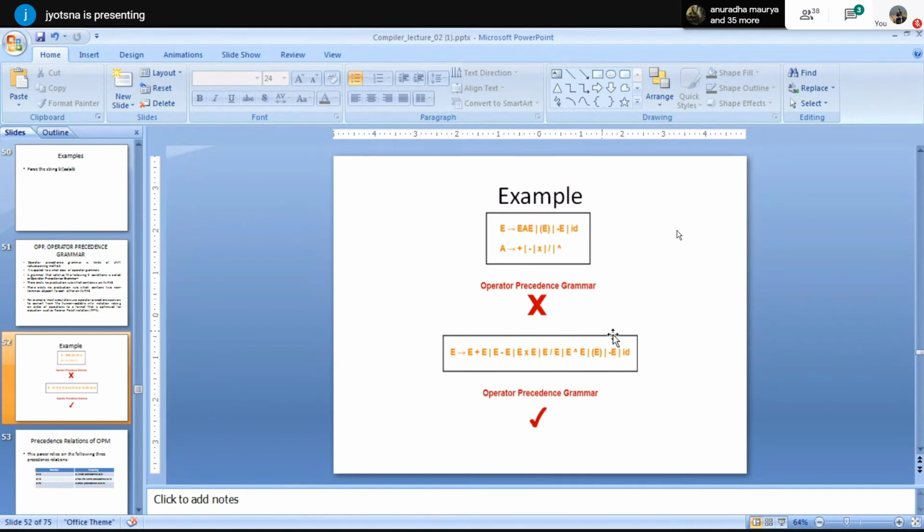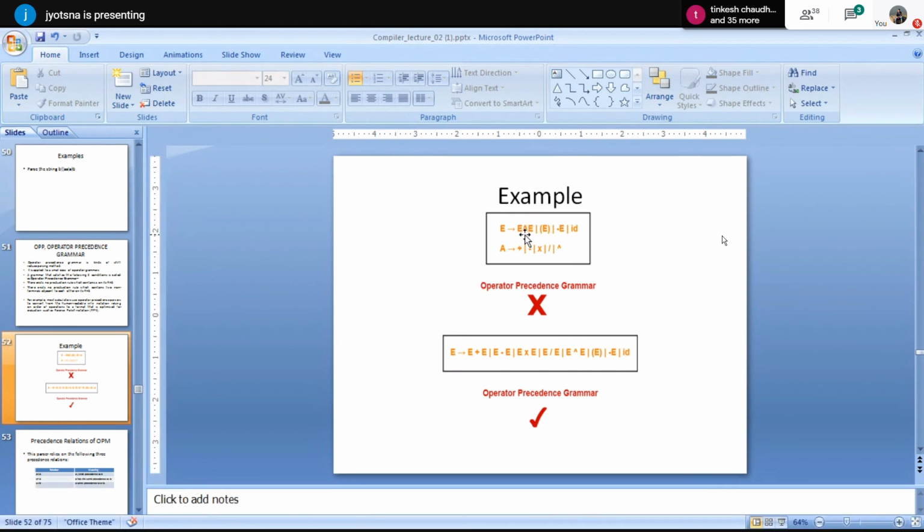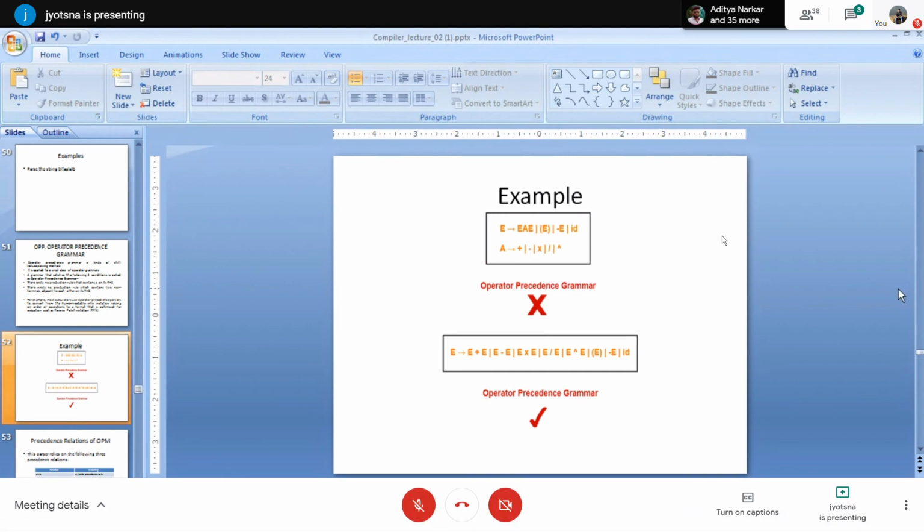Therefore, we have to see whether the grammar can be written in a different form so that the two rules can be satisfied and the grammar can be called an operator precedence grammar. When we were in the second phase of a compiler, we defined grammars. There are different types of grammar called type 0, type 1, type 2, and type 3 grammar. I told you that we will be using a context free grammar, that is of the form A goes to pi. Replacement can be done. Look at the A here, which has plus, minus, star, division and exponential. All these A values can be substituted into this particular production. This substitution is valid because we are using a context free grammar.